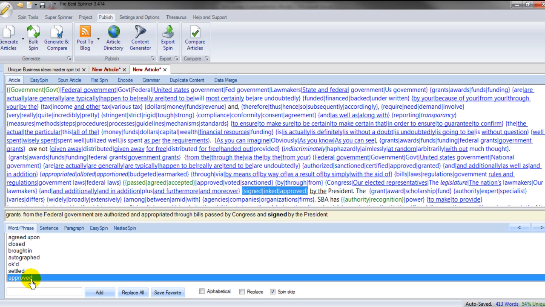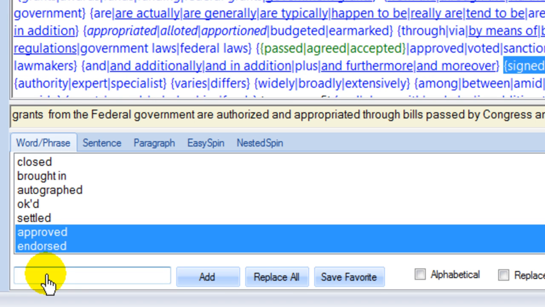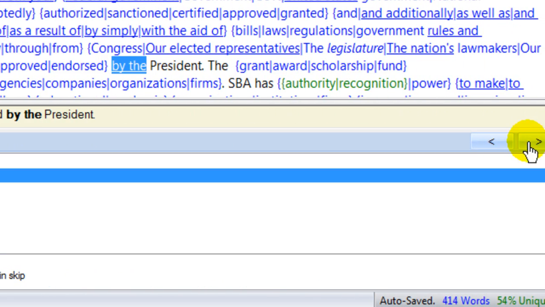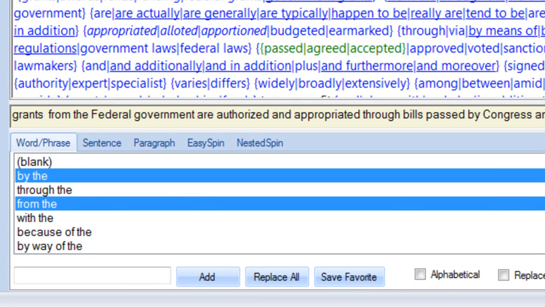Signed, inked, approved, endorsed. By the, so that's a phrase, by the, approved, signed by the, signed from the president. I guess from the might work here. From the,